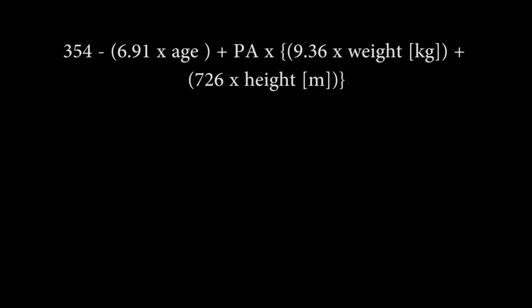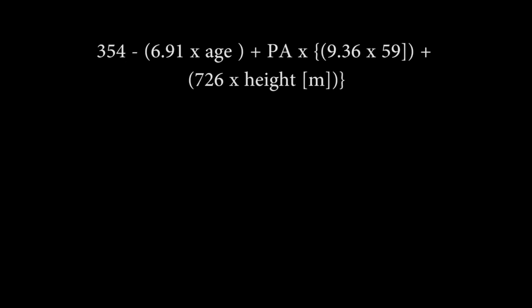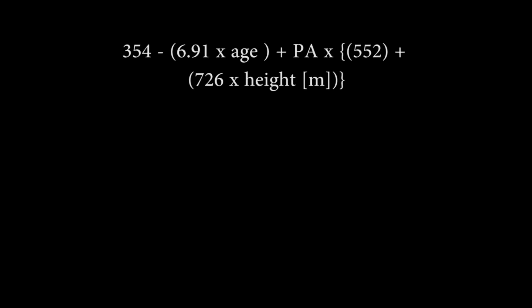So starting with parentheses, we're going to do 9.36 times, let's just say this individual weighs about 130 pounds. So that's 59 kilograms. We're going to multiply those two together. That's going to give us 552. Moving on to the next set of parentheses, 726 times height in meters. I use, for example, a girl who is 5.5 foot, seems pretty average. That calculates to 1.67 meters, which when multiplied gives us 1,212. We're going to add those two numbers together, which is going to give us